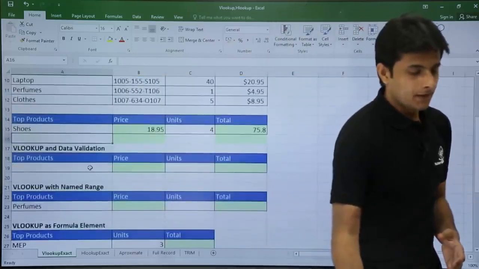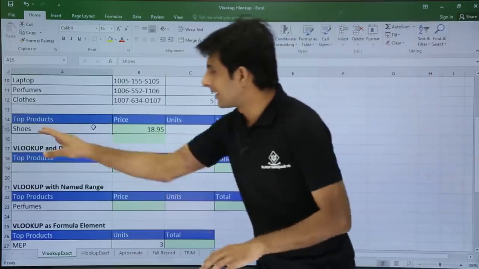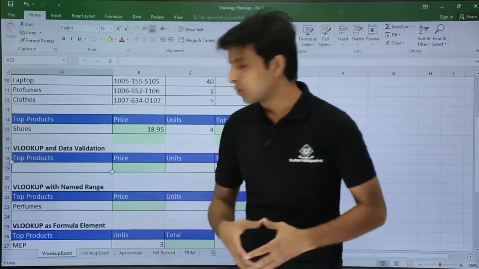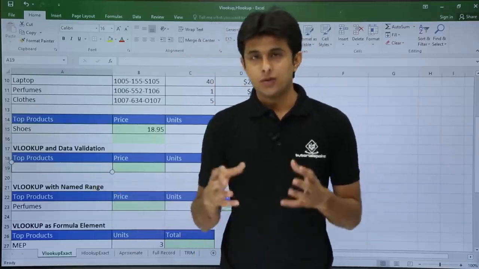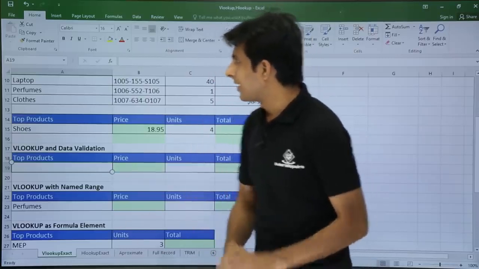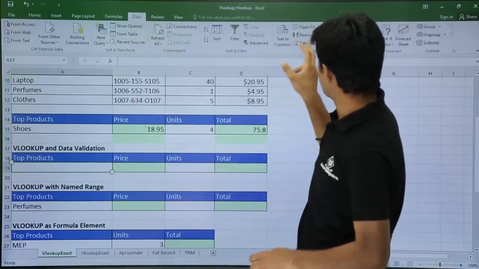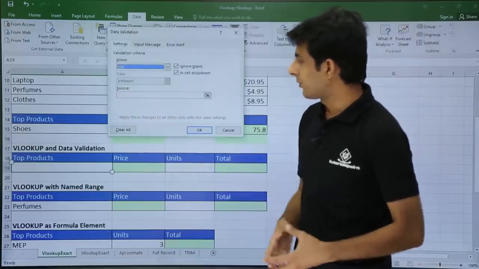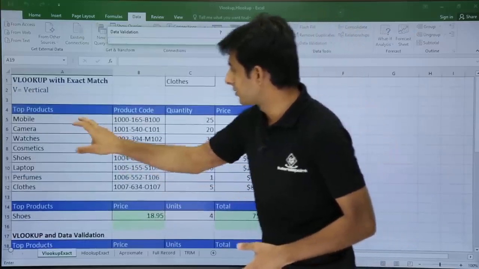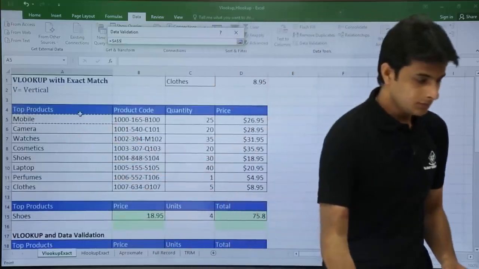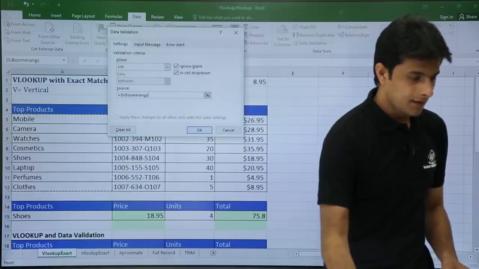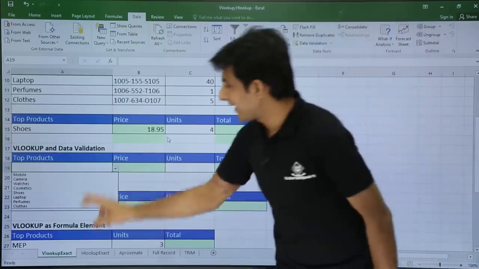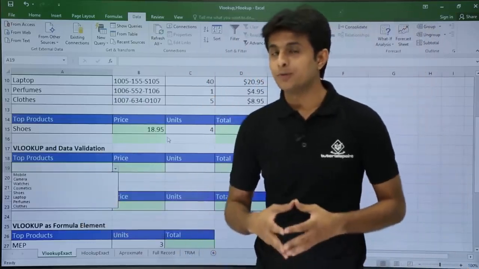Let's see one more. Now every time I have to go and type the name, let's say shoes, laptops and everything. So what if I create a drop down list in this cell? Then it will be easy. So what I'll do is create a drop down list in this cell. How do we create it? It's in the Data tab. I have this Data Validation. I'll select List. In this list, what I want is the items which are printed here in this place, the data, and I'll click on OK. So what has happened is, if I click on this drop down, you see those are the items which I've got. So now my work becomes very easy.